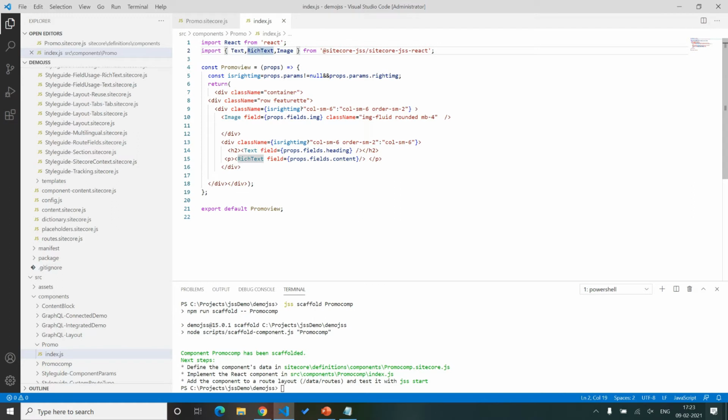I put in some HTML and imported the Text, RichText and Image components of Sitecore, which are available under the Sitecore JSS package. Here I am getting the rendering parameter value and updating my HTML. If the parameter is true, then it's left to right, otherwise right to left.